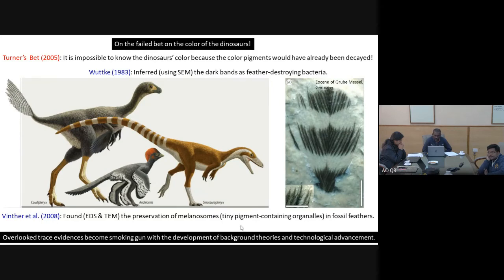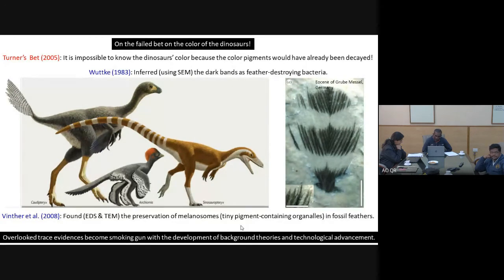Because by definition, any event will happen, and then the trace evidence starts decaying. And we are also dealing with the past. With time, the decay increases. It will never improve, it can only decay. So because the color pigments would have already decayed, you have nothing to study, and you will never know the color of the dinosaur. He based his argument on